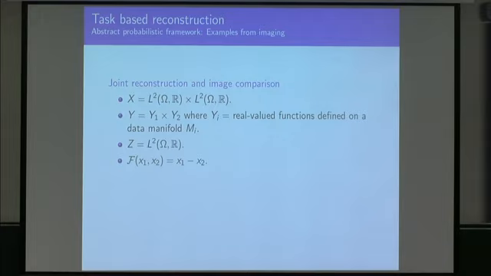Likewise, you could do image comparison in the same way. Then you have a pair of images that you want to compare to find a discrepancy between them. Likewise, you have a pair of data, right? And they might even come with their own forward operators if you want to have a really nasty setting. And then Z is simply also images, and then this feature operator you can even state non-probabilistically, it's just a difference, right?